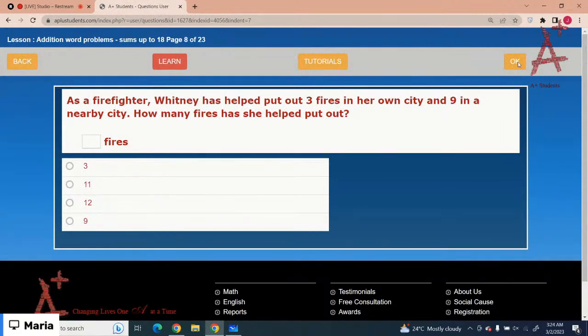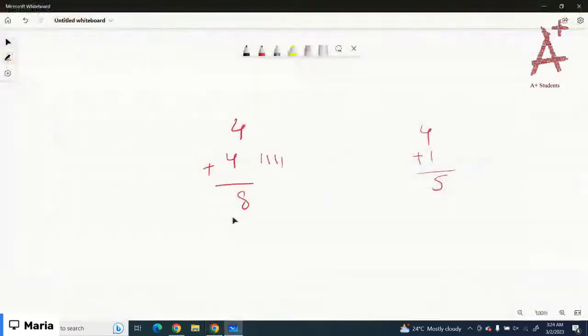Okay, the next one is: as a firefighter, Whitney has helped put out 3 fires in her own city and 9 in a nearby city. How many fires has she helped put out? So you have to calculate the total fires she put out. So you need to add 9 plus 3. Got it? So 9 plus 3 makes,